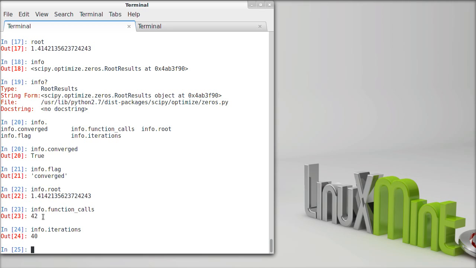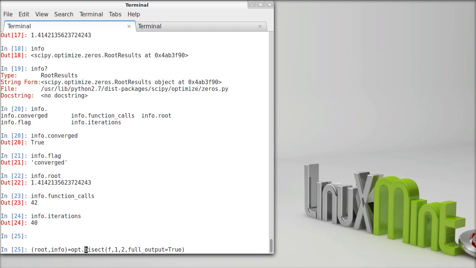But if we had a complicated function, we would care a lot about how much time this is being spent. Or if we had to do this billions, trillions of times, we would care how much time is being spent in the algorithm. Okay? So this is going to give us some idea of how much work is required to find the